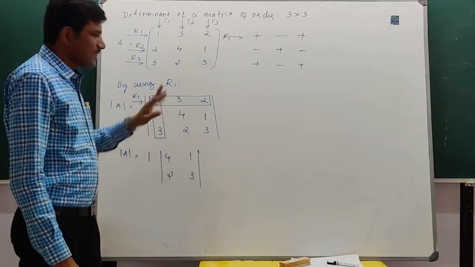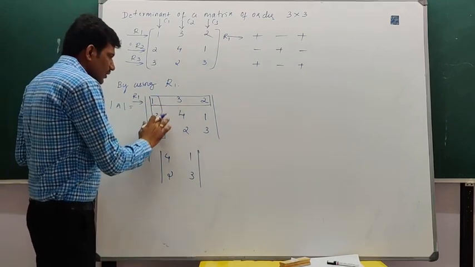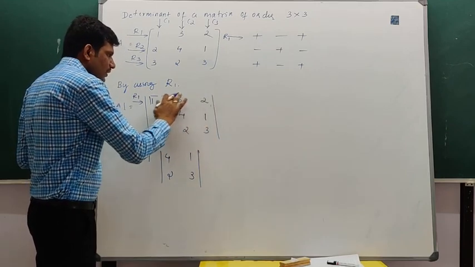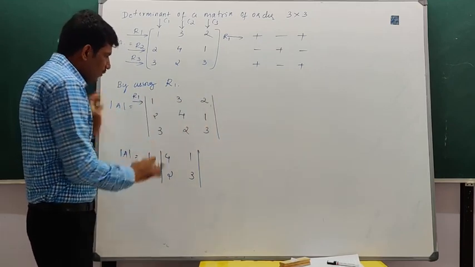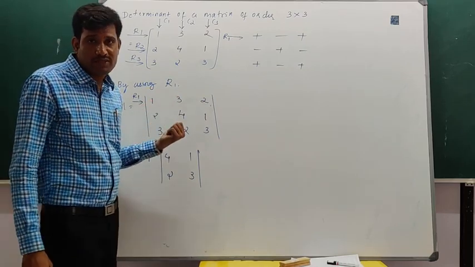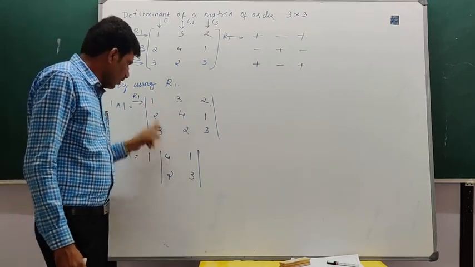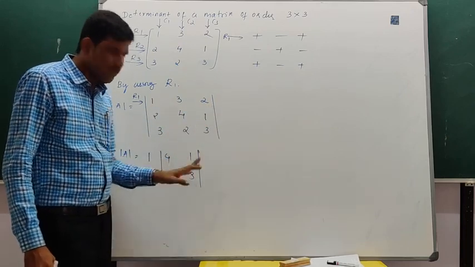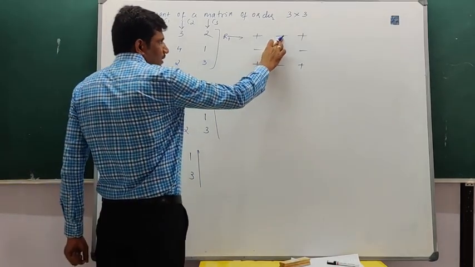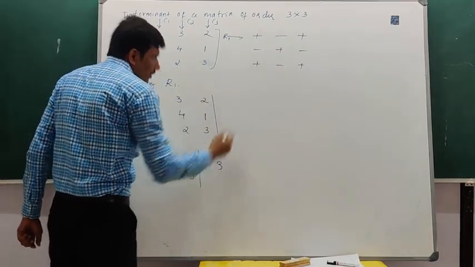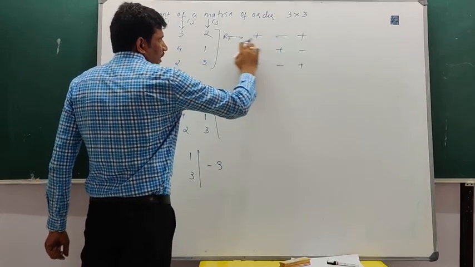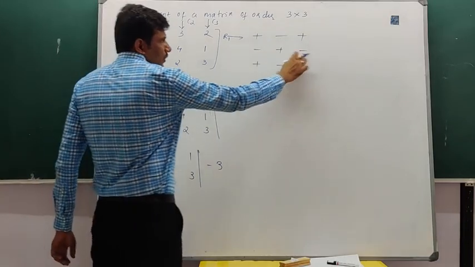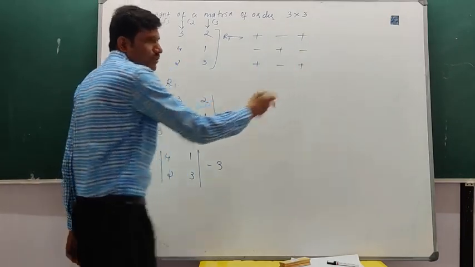Right, so 1 into, what is the second element? Now I am expanding by using R1, the first element is over. The first element's sign is plus, plus into plus is plus. So plus 1 into, we have to leave the row and column where that element is present. This 1 is present in the first column and first row, so we leave the first row and first column. The left elements we write here: 4, 1, 2, 3. The sign of the second element is minus, so minus into plus is minus. So don't consider this sign. While expanding R1, only see the sign of the first row elements, right? While expanding R2, we are going to take this sign. While expanding using R3, we are going to take that sign, right?